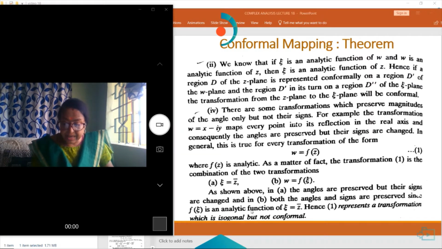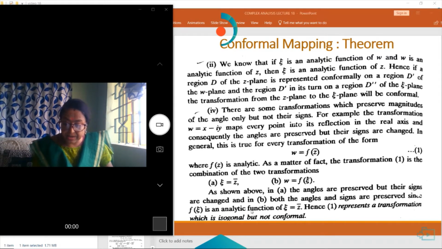So here the sign is changed to minus. So w is equal to f(z bar), because z bar is equal to x minus iy,